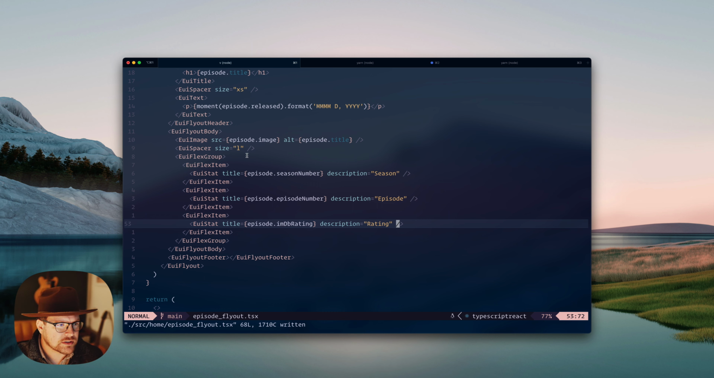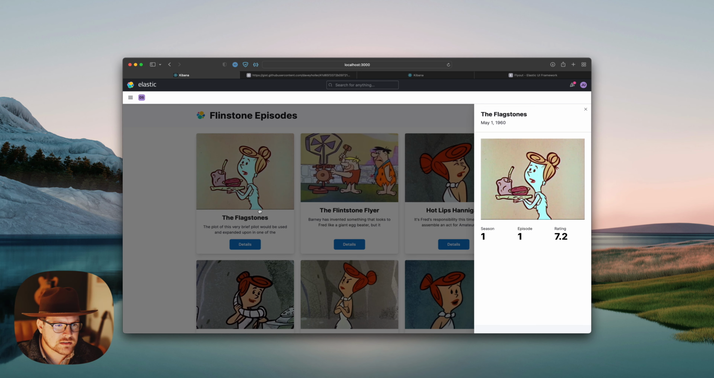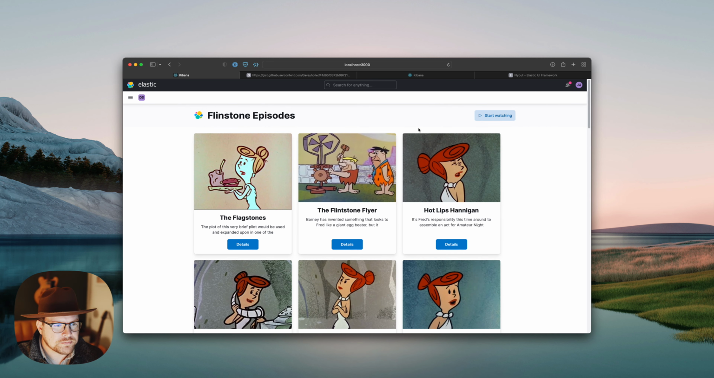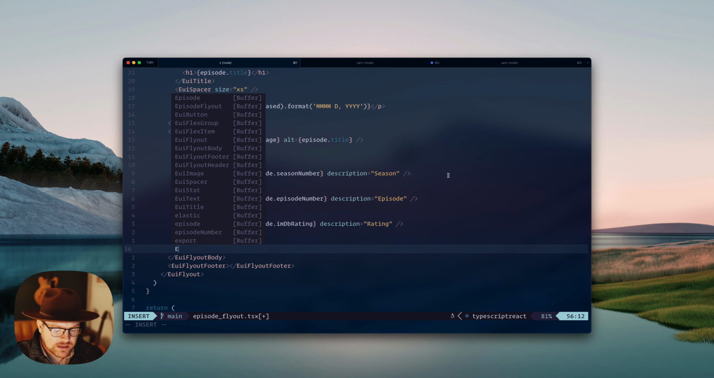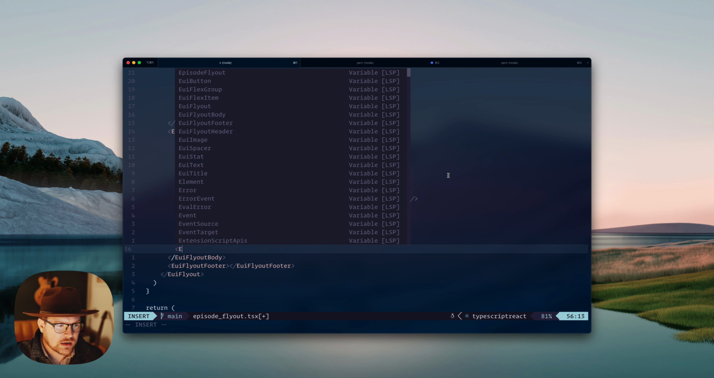We've got the image, we have a spacer, we've got a flex group of flex items in it to contain those stats. And there you have it. Season 1, episode 1, 7.2. And this stuff is all dynamic to the episode that we click on. So that's pretty cool. Now inside this body, let's throw in another EuiSpacer, and we'll put in our,